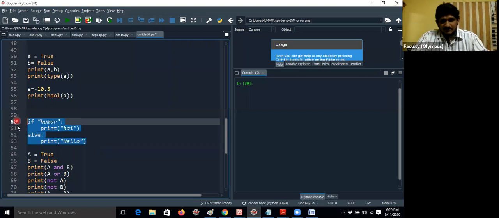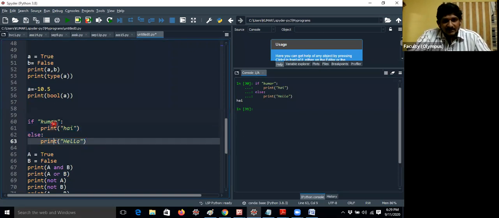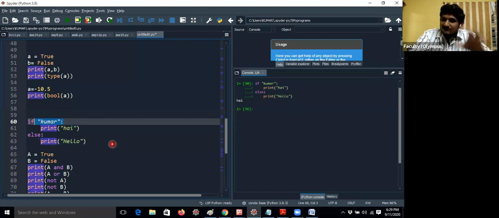Now let me explain what the output will be. I'm getting "high" absolutely. This is an entry question, a meaningful question only, not a meaningless question. Yes, Ambika, that is absolutely correct. Okay, next. Here Kumar is a string, which means it contains some value, so it is not a Boolean value. But why is it getting "high", sir? I will explain this concept right now.